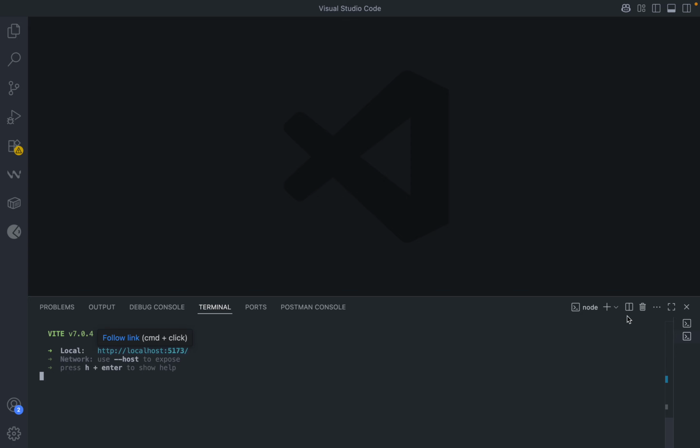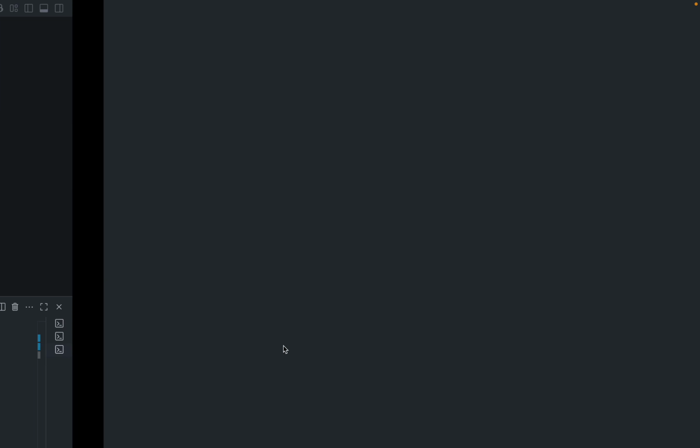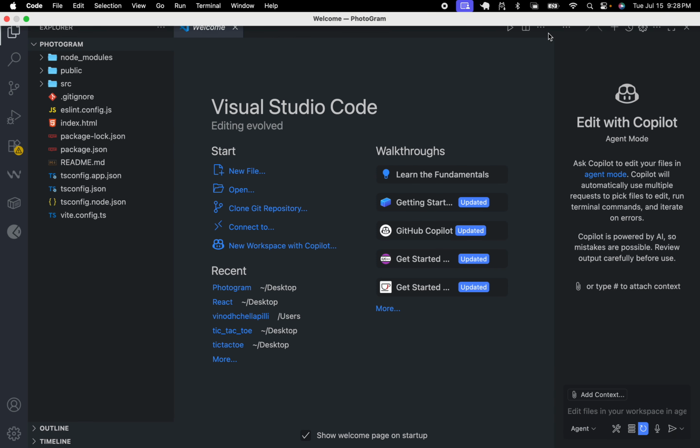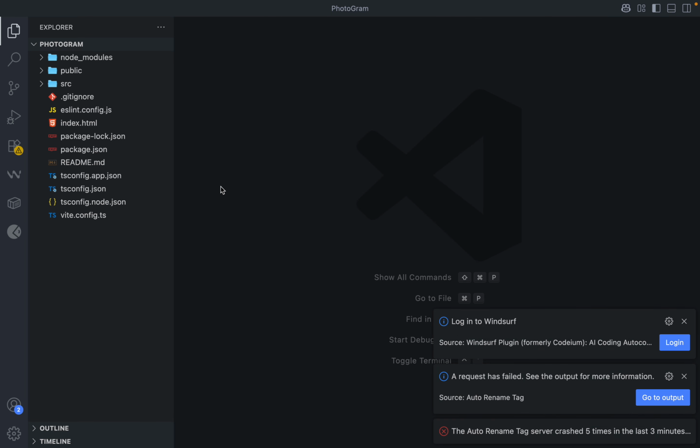Okay, so now let's go back. Photogram. What's this project? Okay, so we have come this far. Let's create a